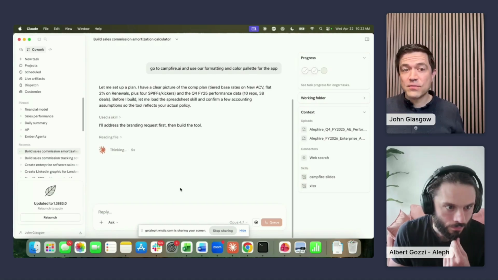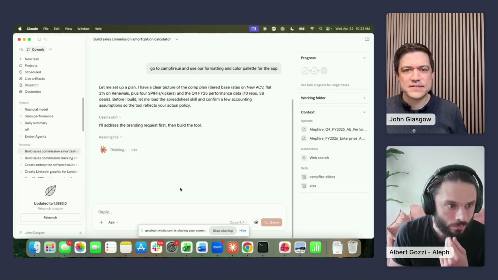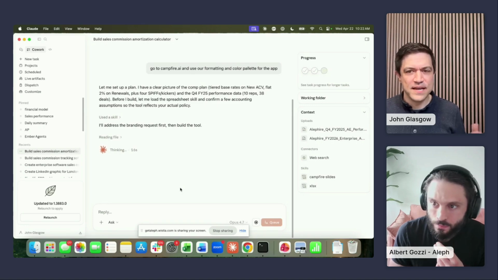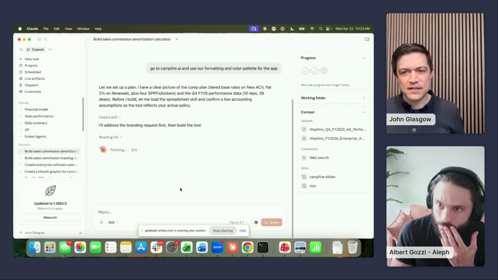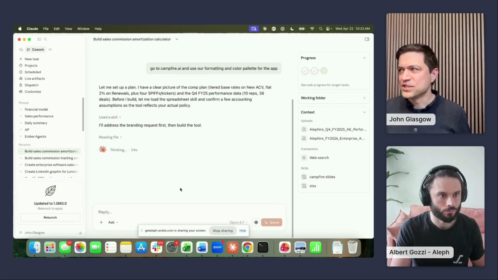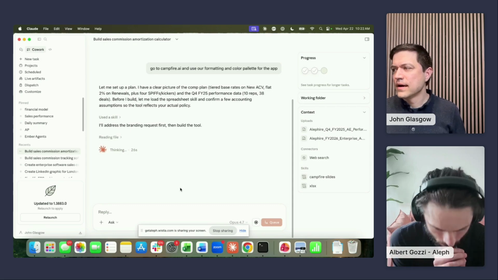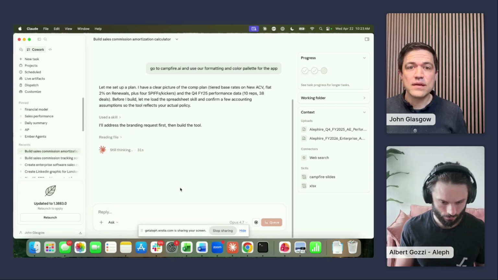You can create another tool, a rep level view of this, and send it to reps in Slack. As soon as I click approve, it sends everybody a Slack ping with their own commission and their own calculation. The version we're going to build here, I'm just going to run locally.